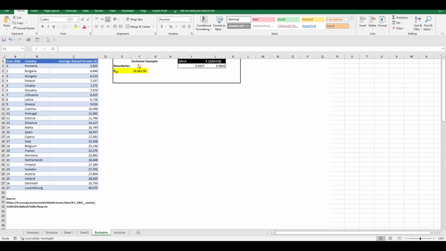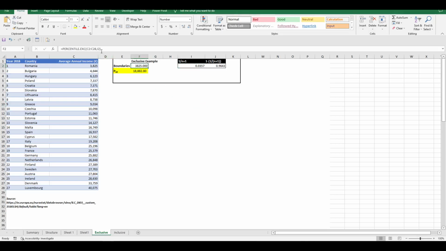Let's check how the boundaries work through Excel. We type the function again. The first argument is the range, and the second one, let's place the lower boundary. And it is the first observation, here, Romania. The lower boundary is equal to 1 divided by 28.